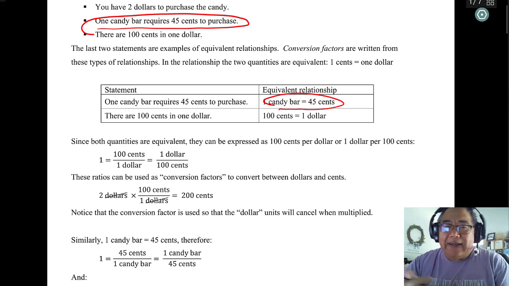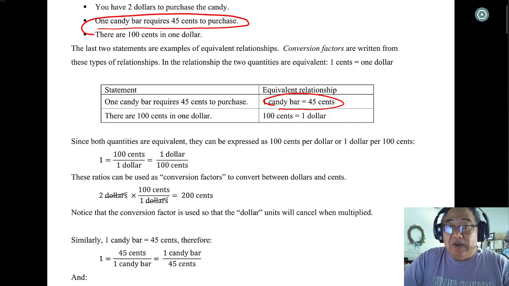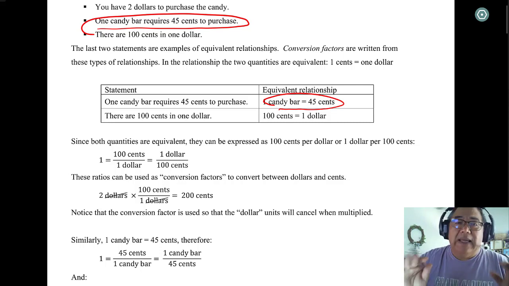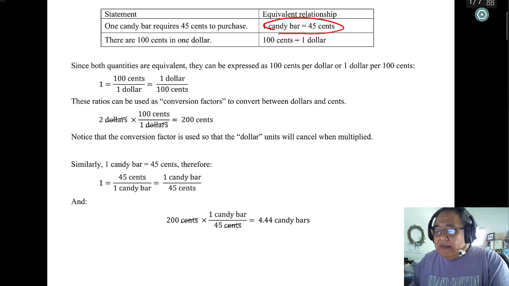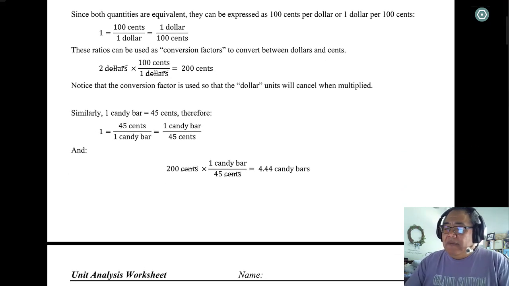Now, we know a candy bar and 45 cents aren't the same. Like, I can't give you 9 nickels and you eat them and you go, that was a delicious candy bar, right? You can't actually do that. So that's why we say these are equivalent relationships. It's not that they are that thing, but they're the equivalent value of that thing, okay? So then, given